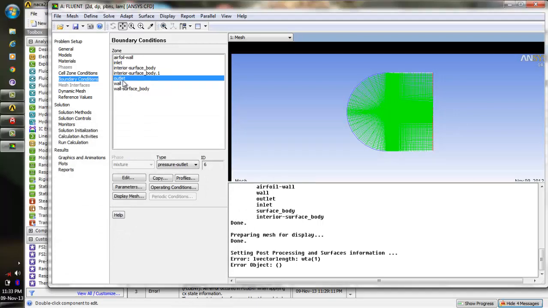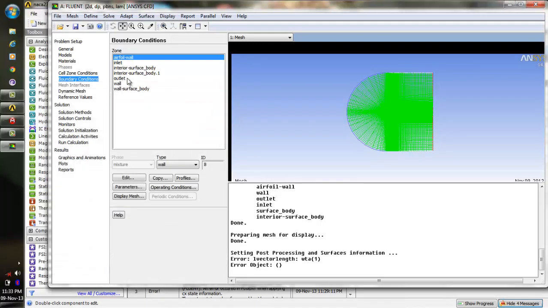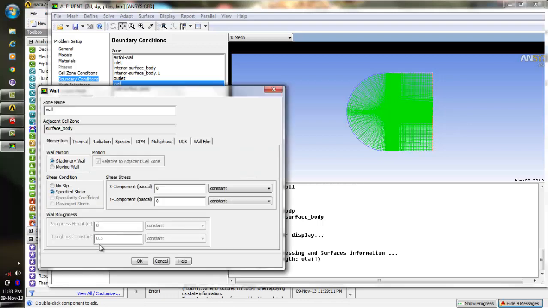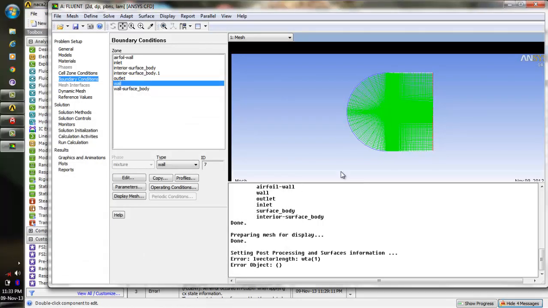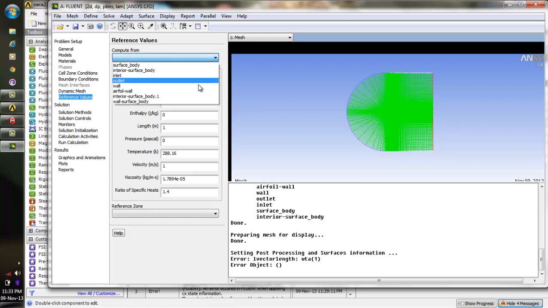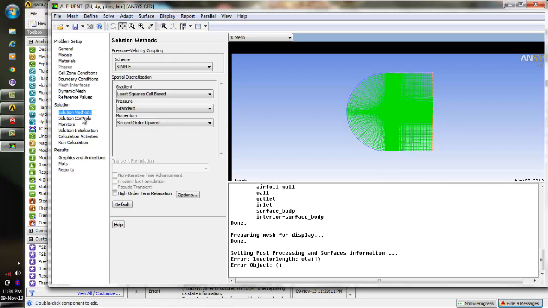this outlet would be pressure outlet, this wall, airfoil wall is stationary, no slip condition. Okay, the other wall, we give this as a slip condition, everything remains 0. Now we go for reference values, refer from inlet, solution methods,